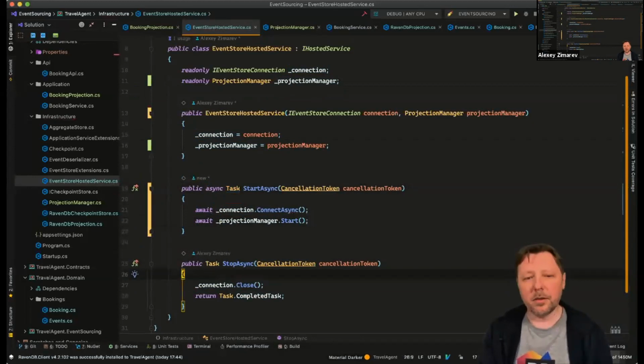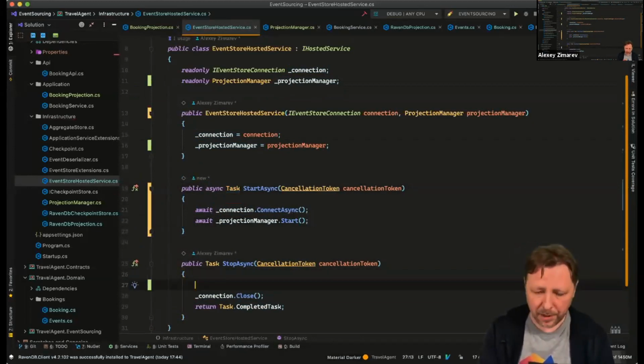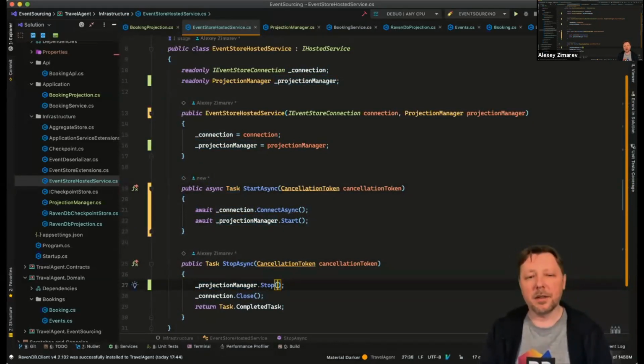I could also stop the projection manager over here. It's not required because all catch-up subscriptions will be automatically closed when the connection closes. It's just that if you feel safer, you can do it. To stop all your subscriptions, they will be eliminated and you won't receive any events. So this is all the wiring you need to do, basically, in order to